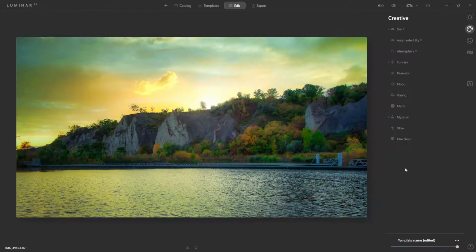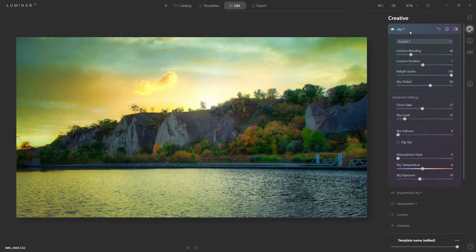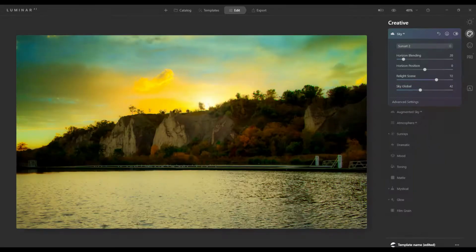And there you go. This is kind of the look I was looking for, something like with a sunset, almost that painterly look. And the other thing I wanted to mention with the sky replacement is that if you've downloaded